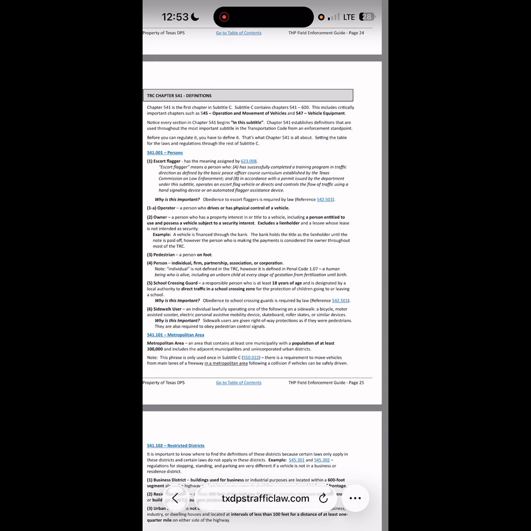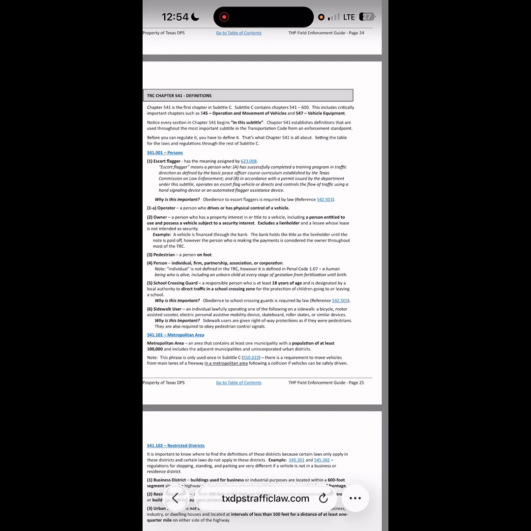541.101 Metropolitan Area. Metropolitan area, an area that contains at least one municipality with a population of at least 100,000 and includes the adjacent municipalities and unincorporated urban districts. Note, this phrase is only used once in Subtitle C,